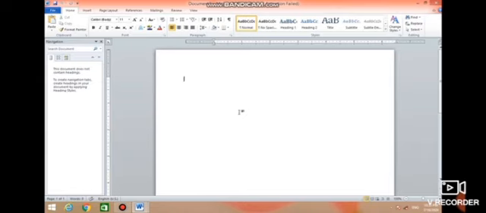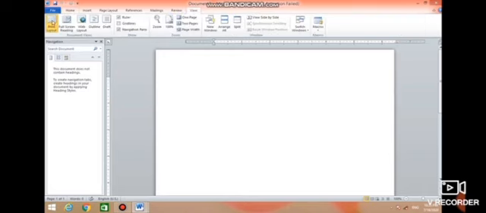Views of a document. Microsoft Word provides different ways in which a document can be viewed, depending on the purpose for which it is viewed. Means Microsoft Word has many views like print layout view, full screen view, web layout view, and many more. The default view is print layout view. This is the default view we see when we open a document.